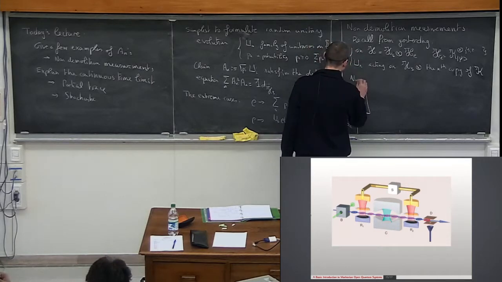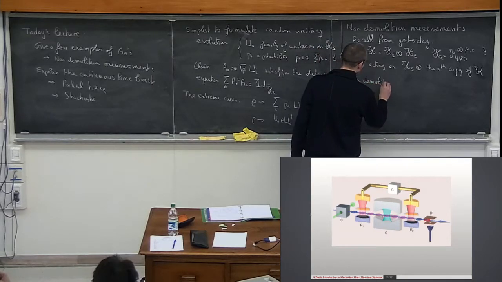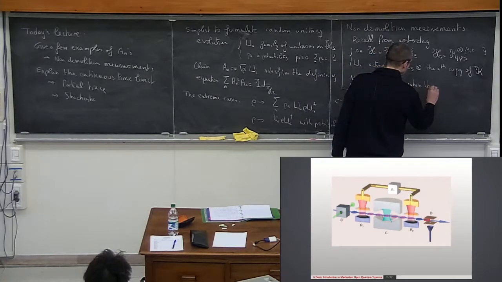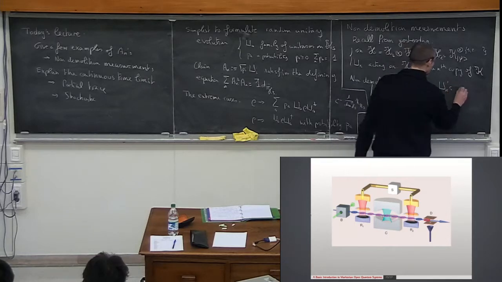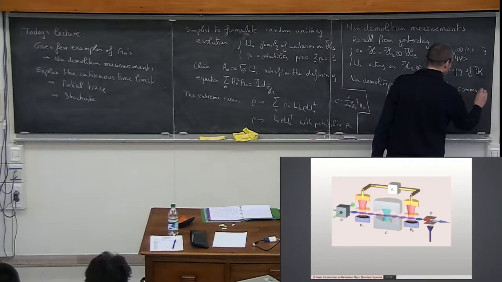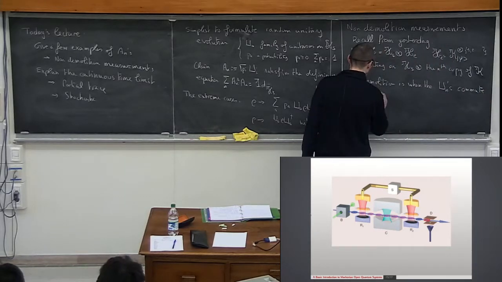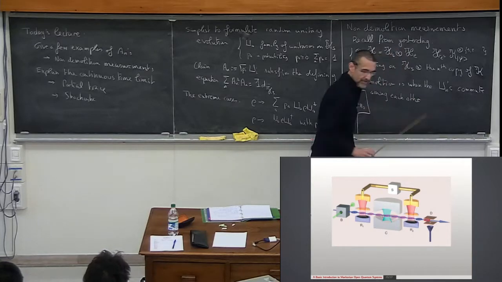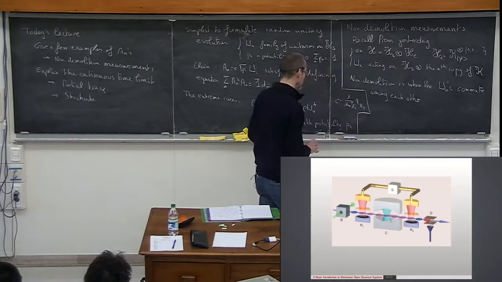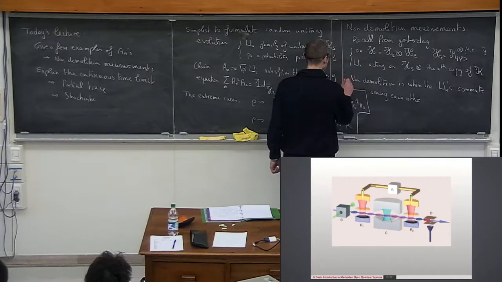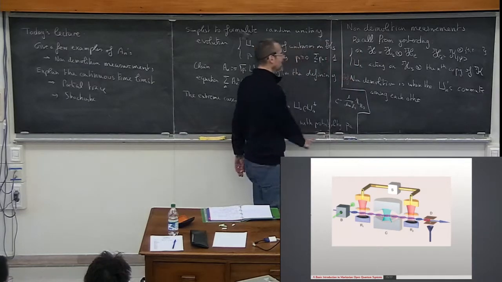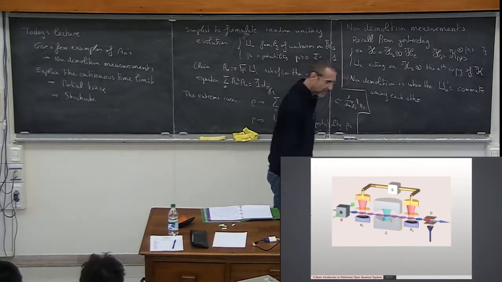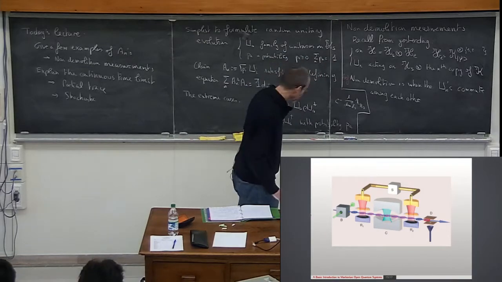Non-demolition is when the UNs commute among each other. And this is a definition. I will explain why this is a reasonable definition, but this is a definition. We say that the experiment we are doing is a non-demolition experiment if the UNs commute. Okay, and then